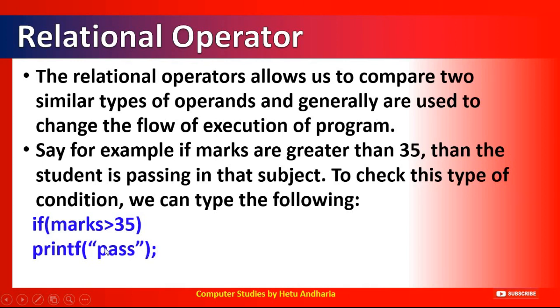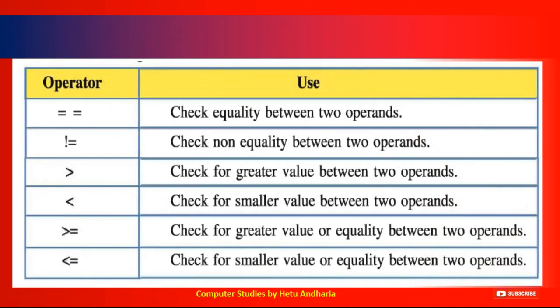Do you remember, have I ever used the if statement before this? Yes, I had used it. Try to remember, just now I had used it: if (a % 2 == 0) and so on. So now you know how to use the if statement, and no semicolon will come here. Remember that. Like this way, to check the values of two things, this type of operator is used. This is not the only operator; here you have 6 different operators. We will have a look at that.